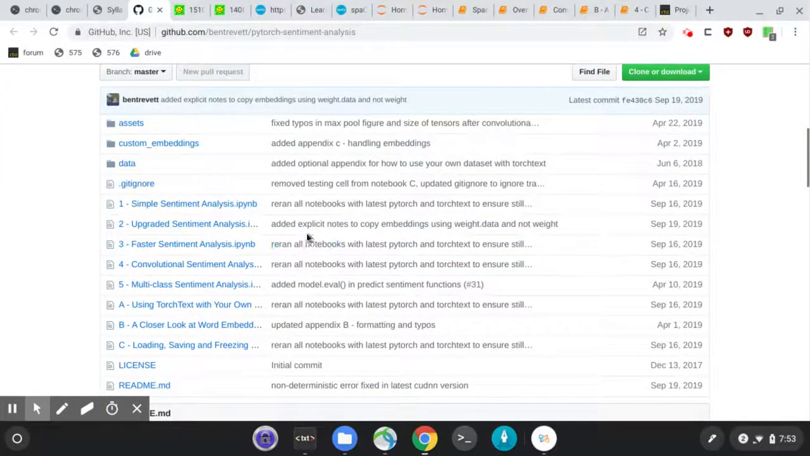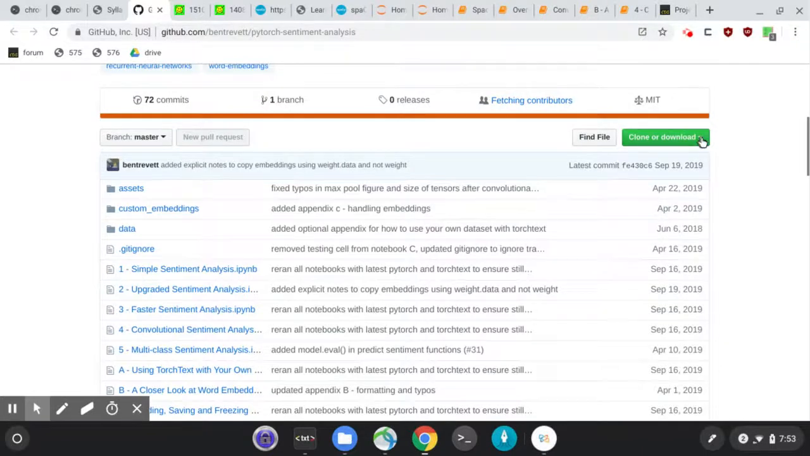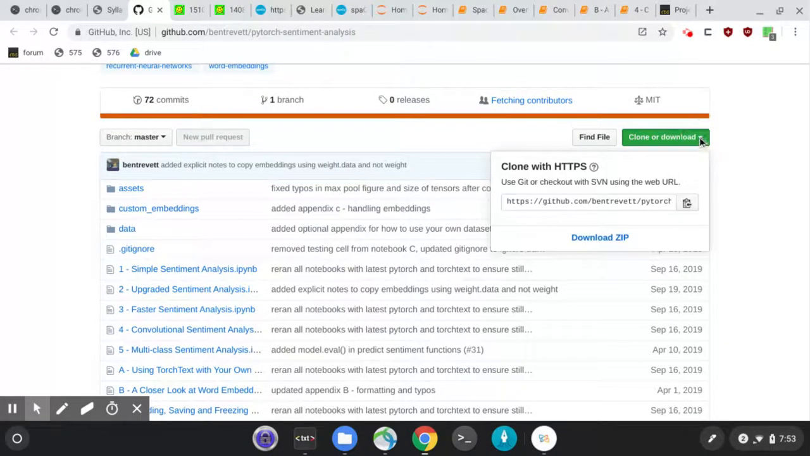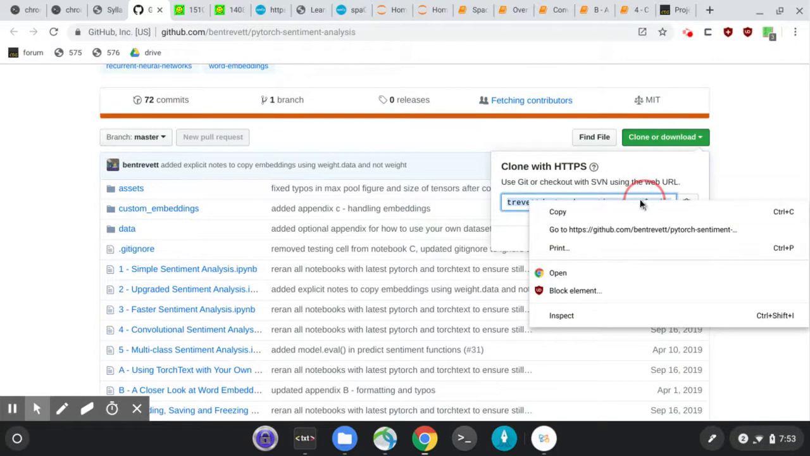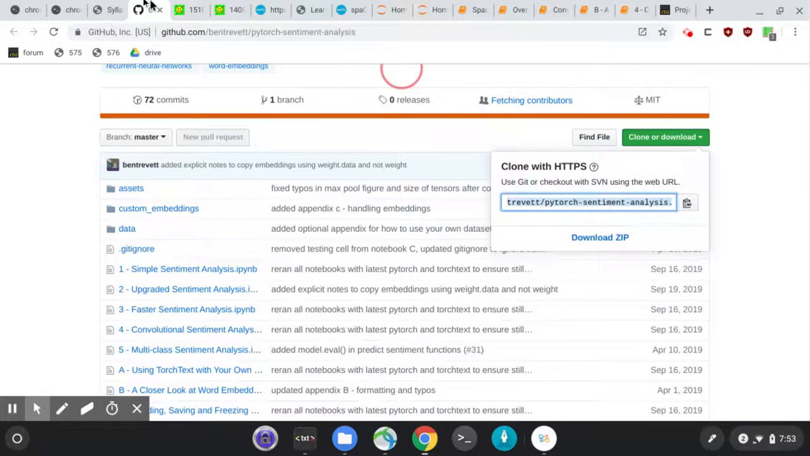So this is the link, and this is a repository on GitHub. It says on the top right, clone or download, right? So you have this link. If you want, you can actually download the zip itself, but we're not going to do that. We're going to copy this, and then we're going to go into our